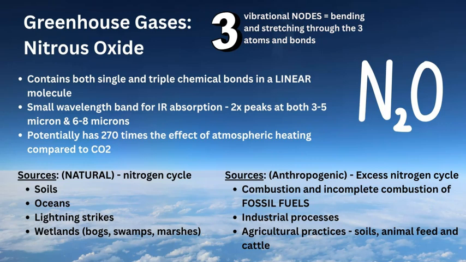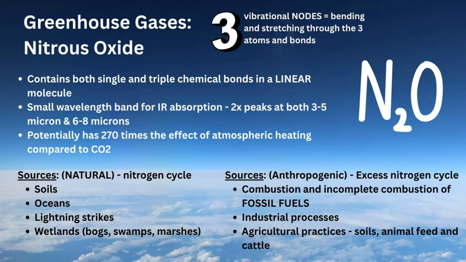Now, nitrous oxide has 3 vibrational nodes, but the key is it's a linear bonding molecule, which means that the 2 nitrogens and the oxygen are in a straight line. So the amount of vibration is increased, and this is where you get the potential for the absorption of a lot of energy. Now, this gas is a very small amount of the atmosphere, again, just like methane, and it